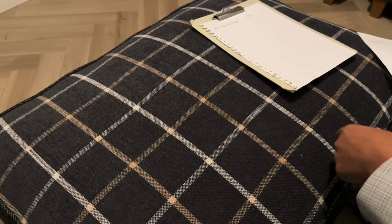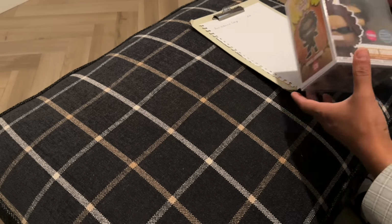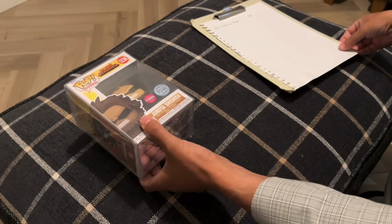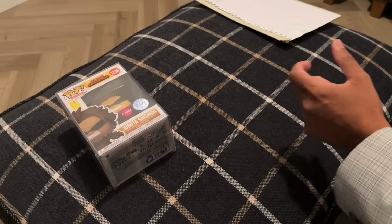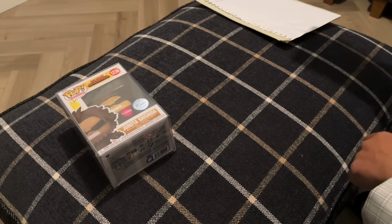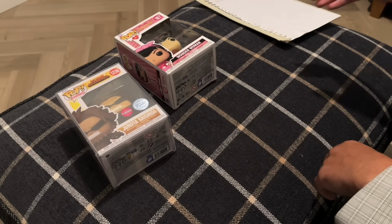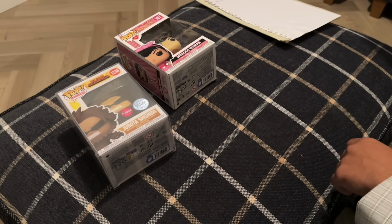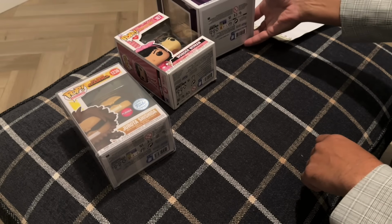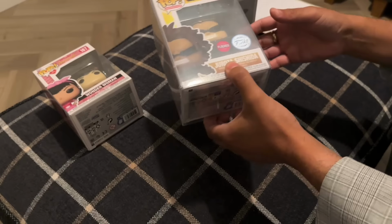Okay, moving on. You obviously know that I'm a big fan of various Funko Pops. I believe we have 3 here today. So your first one,